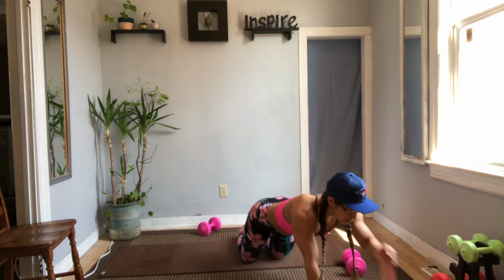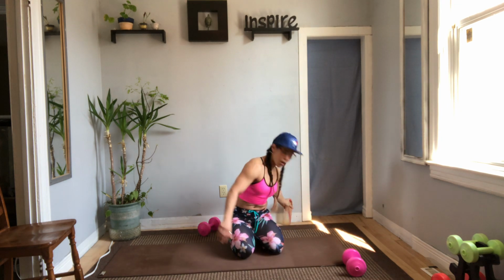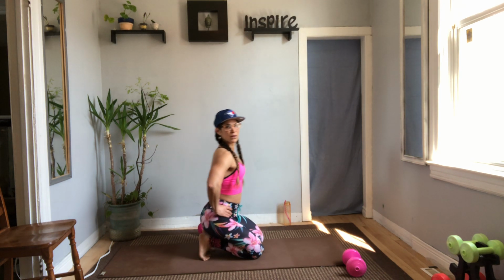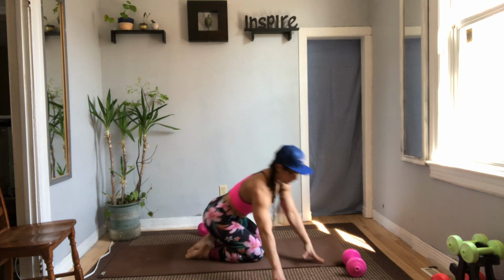Come to seated on your knees or on your feet. So whatever is good, you can stay up on your toes or on the tops of the feet. The band on your wrists, we're widening the band. 10, 9, 8, 7, 6, 5, 4, 3, 2,